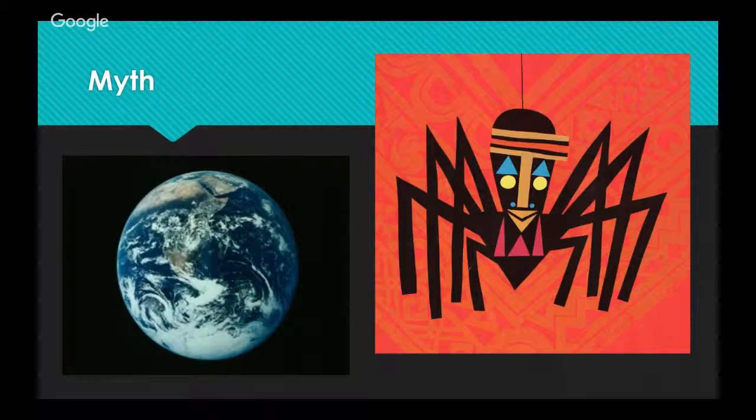Well, take the spider on your screen. That's Anansi the spider. And Anansi comes from myths in Africa. And he's sort of this anthropomorphized spider. And he teaches the African people a lot of different stories. So one of them is why spiders hide in dark corners. And so this whole myth leads up to the explanation of why something is the way it is.